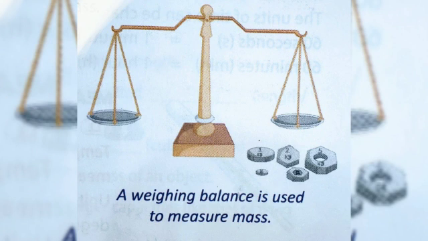Kilogram is used to measure largest mass, like that of a big bag of potatoes or the mass of a person. The larger mass is measured by kilogram and the smaller mass is measured by milligram and gram. The units of mass can be changed from one to another. For example, 1000 milligrams equal to 1 gram. 1000 grams equal to 1 kilogram. The mass are measured by using a weighing balance.